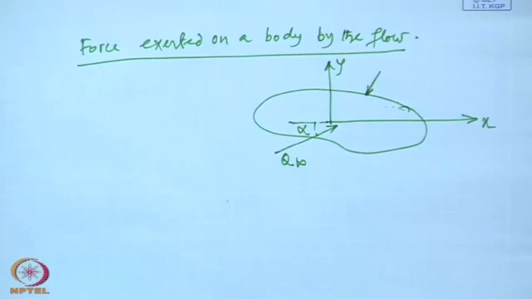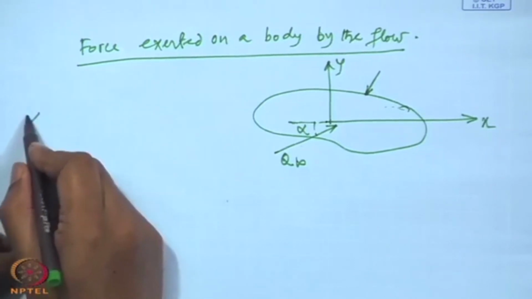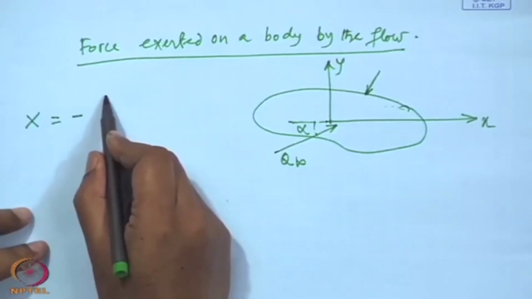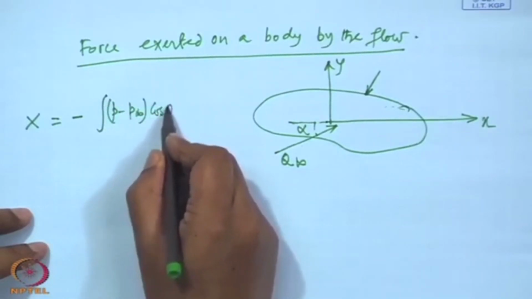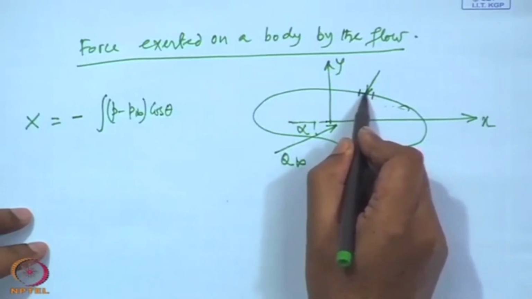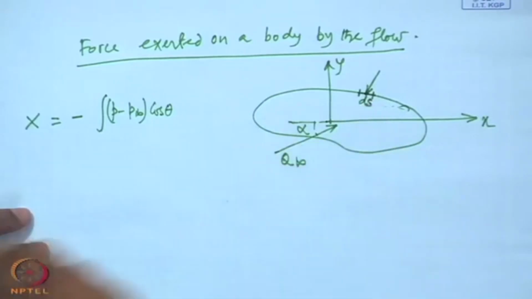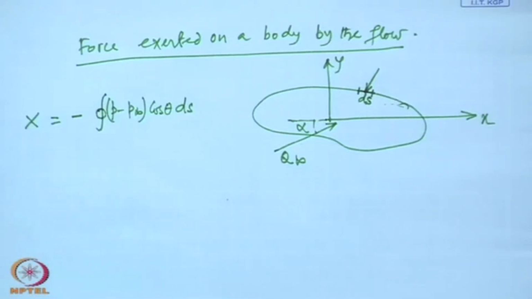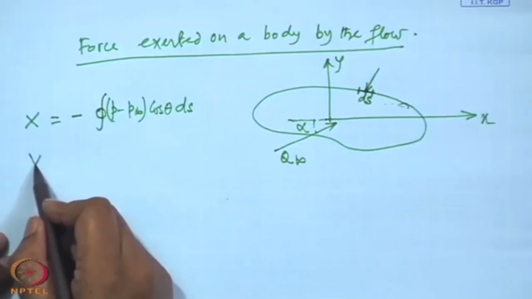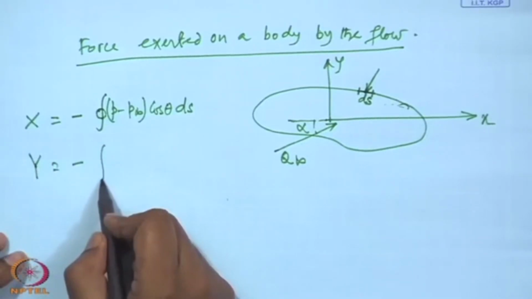What is the x component of the force? The x component of the force is, we wrote this formula earlier, minus p minus p infinity cos theta, if we consider a small length of ds, arc length of ds, integrated over the entire curve. Okay, theta equal to 0 to 2 pi. Agreed? And similarly, the y component of the force is